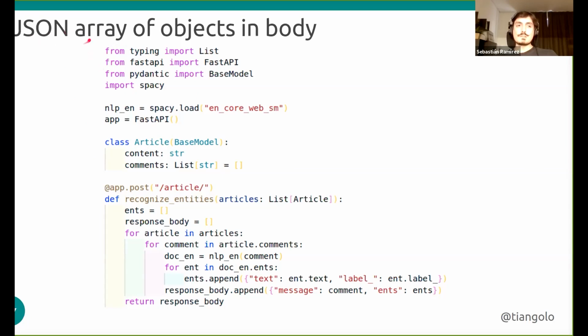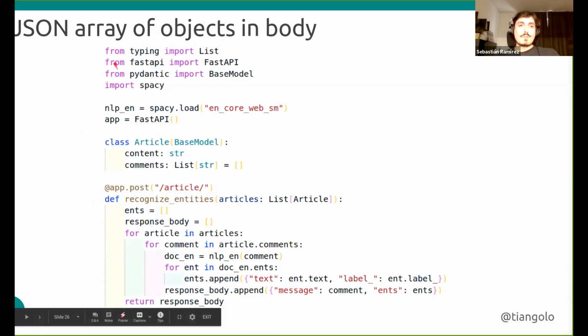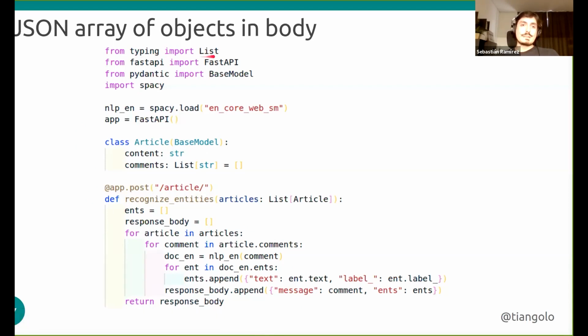The term in JSON is array, but in Python is list, and in JSON it is objects, but in Python it is dictionaries. But it refers to, let's say, kind of the same thing. Now, we are declaring just the same data, and now we are importing from typing, we import List. This typing is part of standard Python, and this List is part of standard Python. This List is the way that we declare that something is of type list, and inside of it we pass what the internal type is.